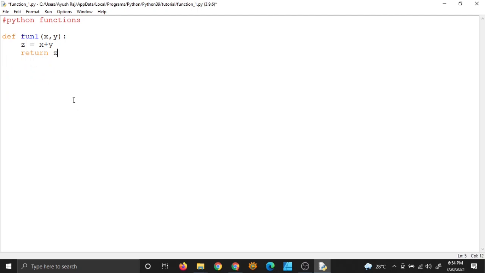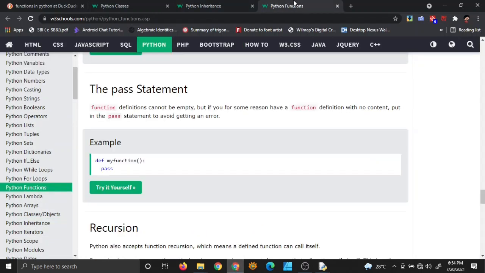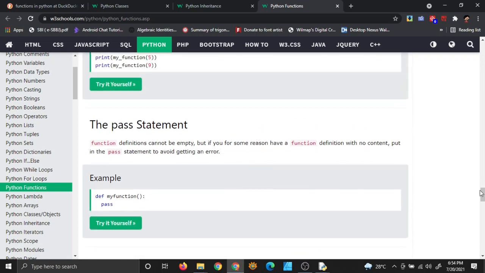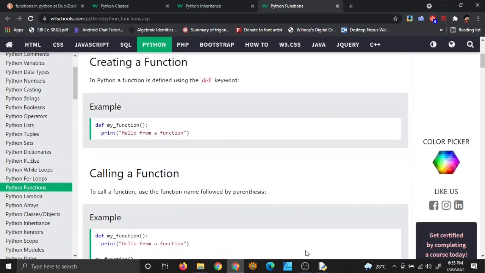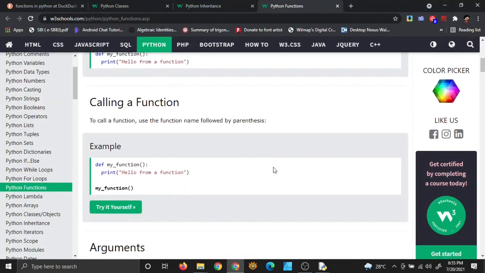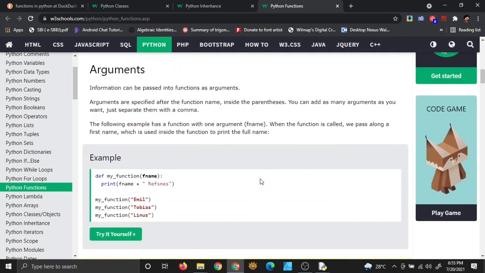Right. So that's the very basic, and you can go a little bit advanced with the use of functions. So let me show you what other things you can do. Yeah, there it is. You can pass arguments in different ways. Like we have accepted two numbers in our function. You can accept 3, you can accept 4, any number of variables, any number of parameters you can accept in a function and use them inside the function if you want to use them.